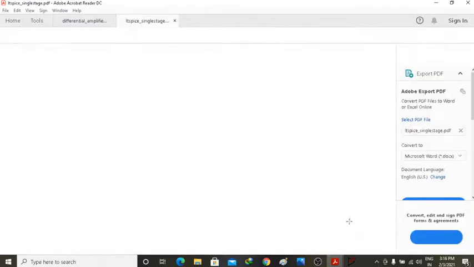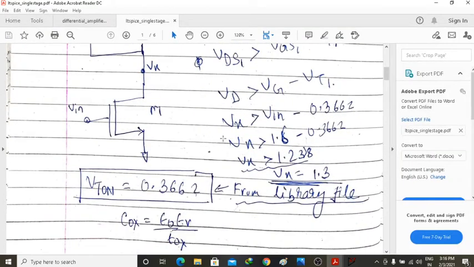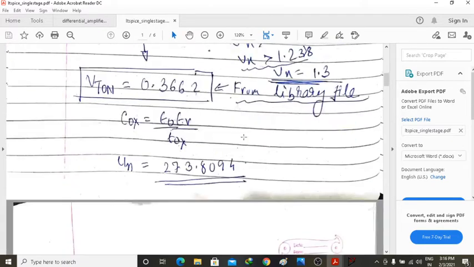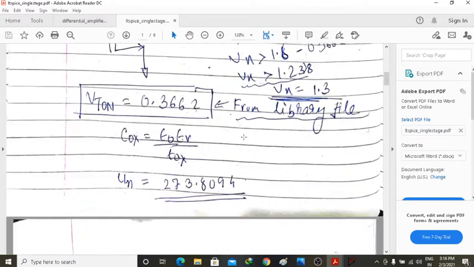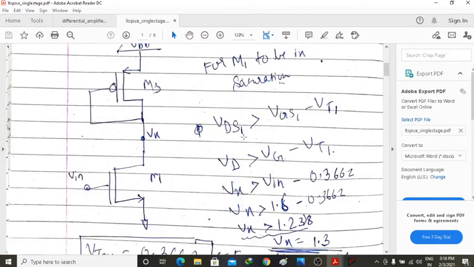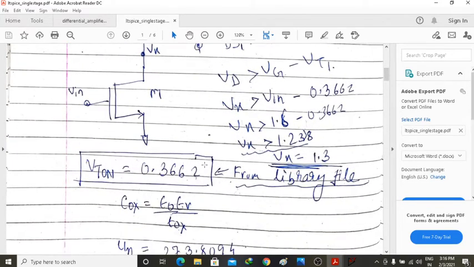So after that, as in Cadence Virtuoso, we calculate the values of Vt naught and the operating point and all the capacitances, everything by doing some simulation. But here in LTspice that is not possible. So we will be opening the library file, and from that library file we will be noting down all the values. So let's open it.